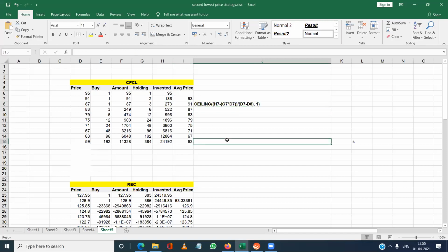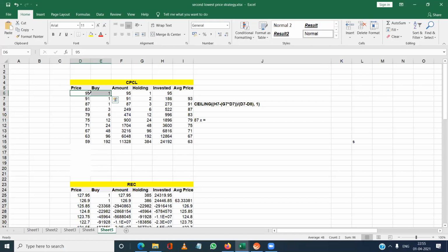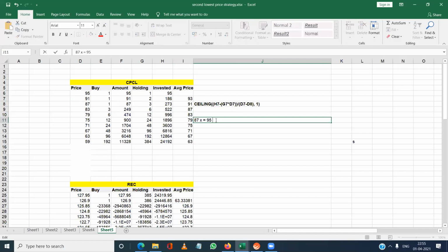I'll make it bold. Okay. So what it means is that this into X, some quantity X. So 87 into X times X is equal to the sum of these quantities, this into this plus this into this. So it should be equal to 95 into 1 plus 91 into 1. Sorry, here there should be a plus. Plus should be equal to 91 into,